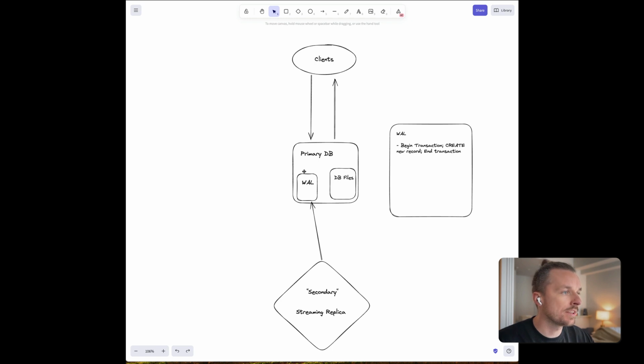What the primary database does is when there's updates or when data is modified, the first thing it does is write it to the WAL, the write ahead log. And the write ahead log is used to record data and make sure that it's persisted to disk before it's available to the user. But the reason that we use the write ahead log is because it's more performant than individually writing to every DB file before